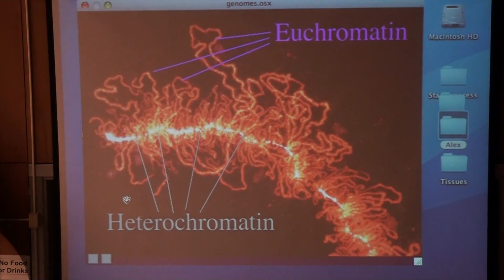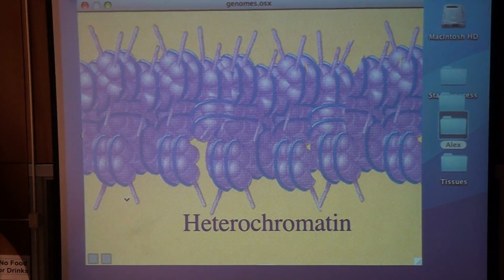In the heterochromatin region, it's just the opposite. The DNA is almost entirely spooled up around the histones, so there's just no space in there for the transcription factors and RNA polymerase II and the activator proteins to get in,